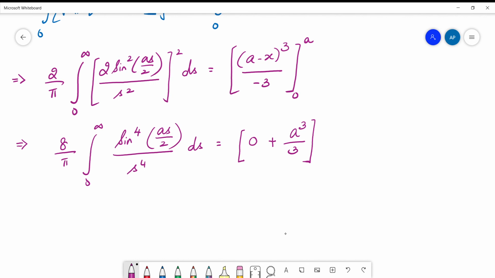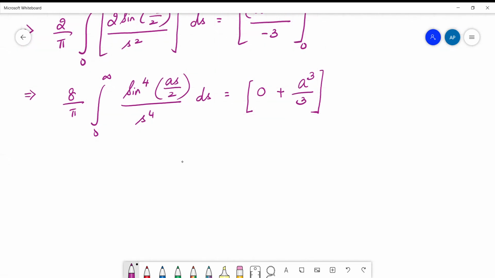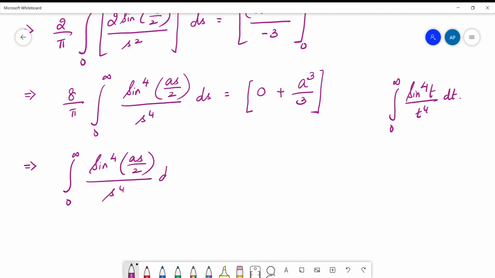And now let us look at what we want. So what is it that we want here? We want sine power 4 t. So we need the integral 0 to infinity of sine power 4t divided by t power 4 dt. So again, I'm sure you all agree with the substitution that I make. Maybe I can do one more simplification before I make a substitution for a. So as by 2 by s power 4 ds. Take that pi by 8 to the other side so that it becomes pi a cube by 8 into 3, which is 24. Now, because I don't want that a here, I want it to get cancelled with the 2.